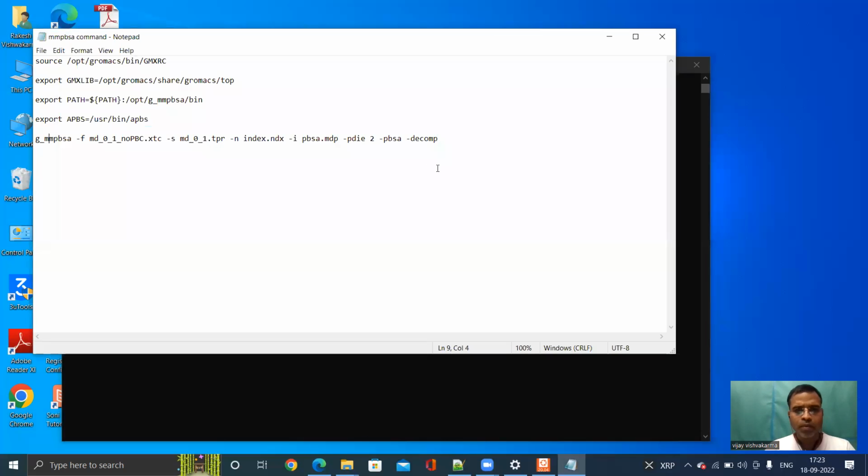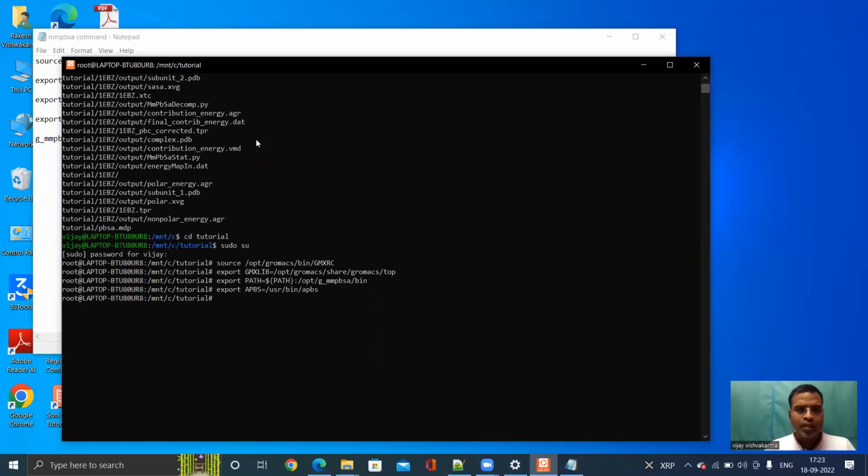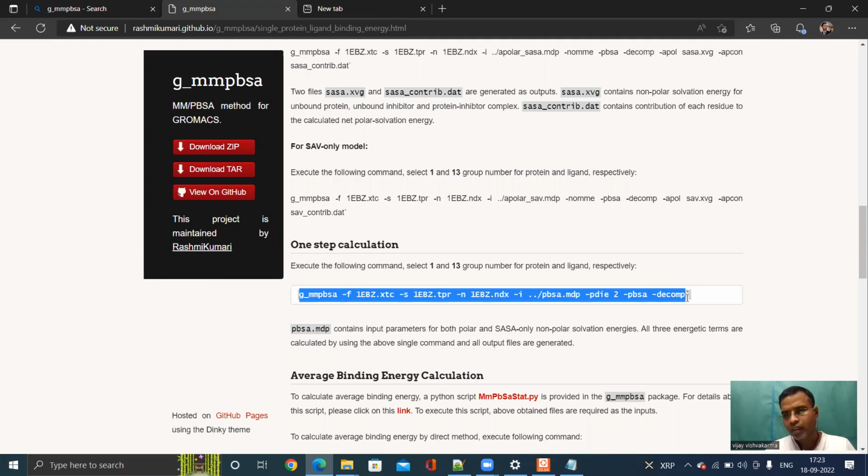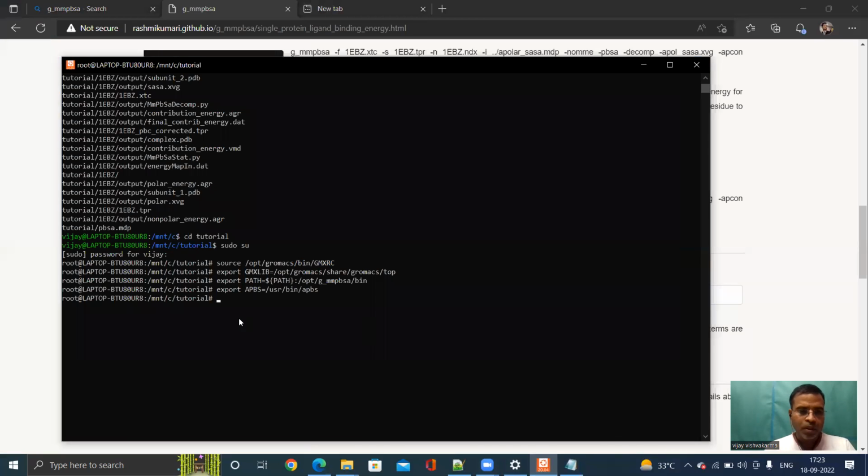So now we have to move towards the final command, and that is given on the website. Just copy this command, and this command is basically for one step calculation when all three steps will be completed. Here I am going to paste this command, but with a slight modification because I put all the necessary files within a folder. So you do not have to put these dot and slash parameters. Now press enter